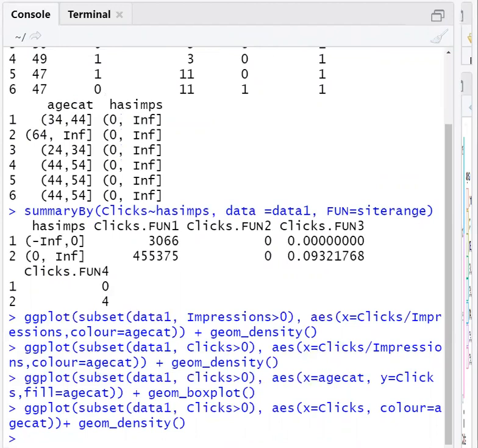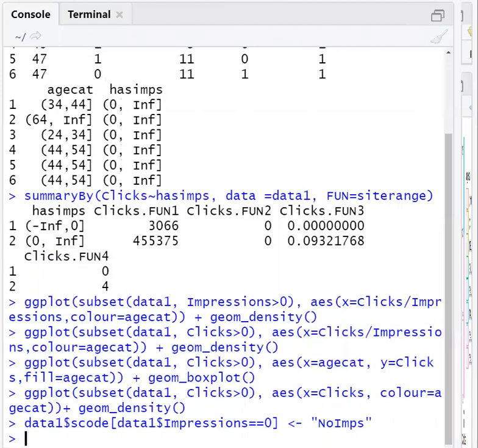Now we can create more categories. We can create a category like this. See, in data 1, another column is added, that is S code. The condition is impression must be 0.